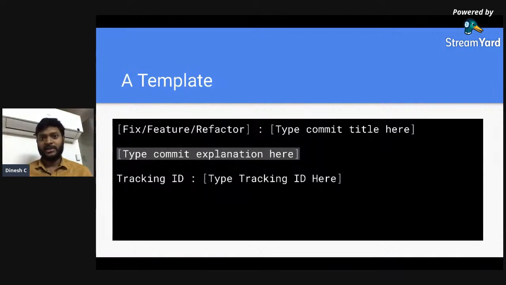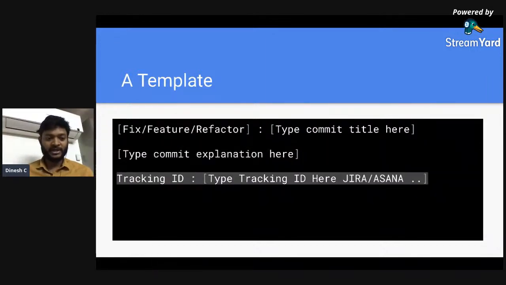It can be a bug, and you can say how are we going to fix this bug? Why is this bug occurring? So this kind of explanation you can give in the second part of it. And obviously the third part of it can be a tracking ID, right? So some companies may use Jira, some companies may use Asana, where people can go ahead and check more information